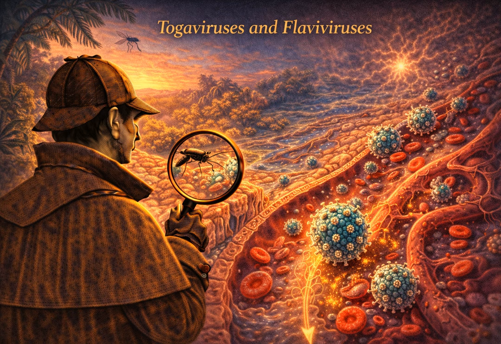Let's actually pause right there on positive sense, because I know students constantly mix this up with negative sense. Positive sense basically means it is ready to rock right out of the box, right? Correct. Positive sense RNA is essentially viral messenger RNA. If you were to take just the naked, purified RNA of a Togavirus or a Flavivirus and inject it straight into a human cell, the cell's ribosomes would look at it and say, oh, I know exactly what this is, and they'd start translating it into viral proteins immediately.